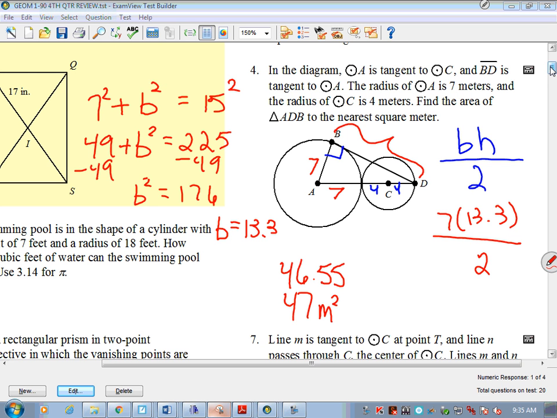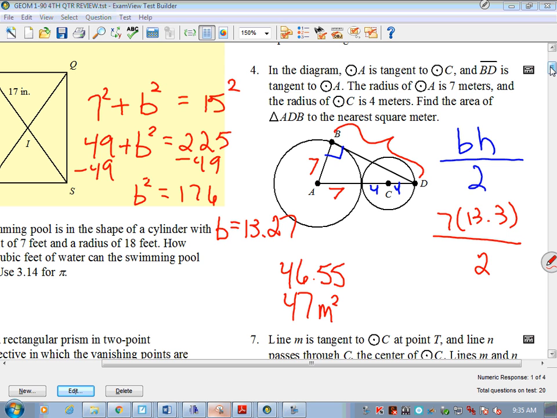Let's leave that as, in fact, I'm not necessarily against you on that. If this is a fill-in question, I'm probably going to give you 47 at that point, okay? It's going to be pretty close. I'm going to take 7 times, let's try 13.27. That's 92.89 divided by 2. I get